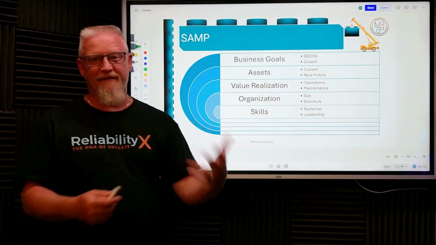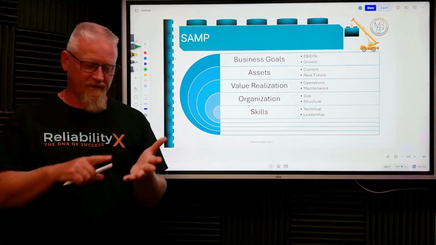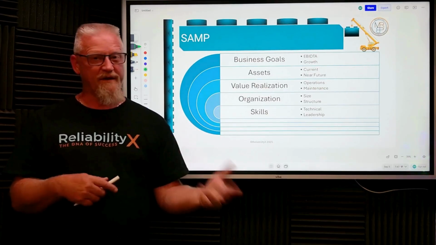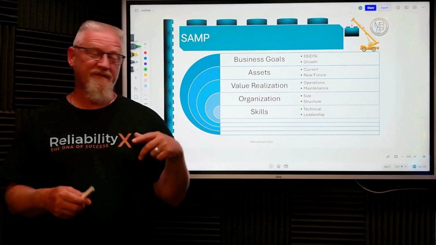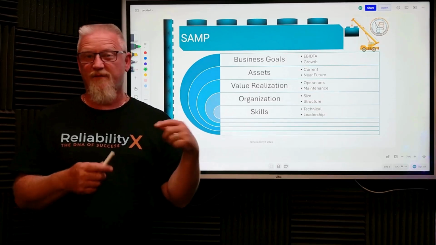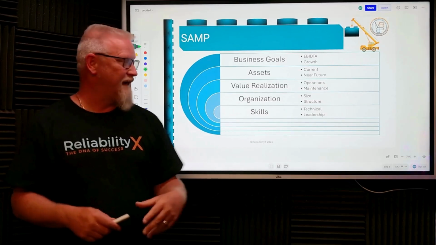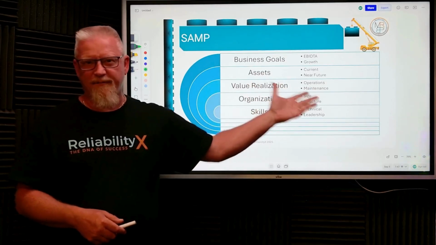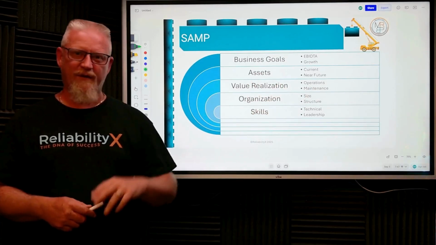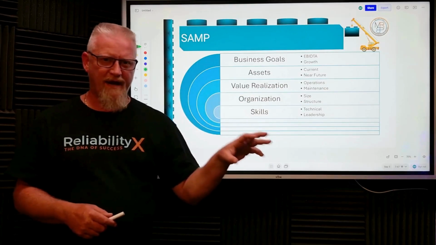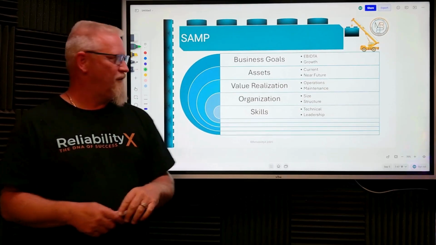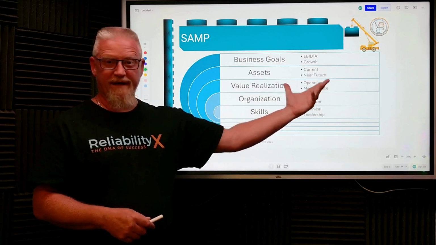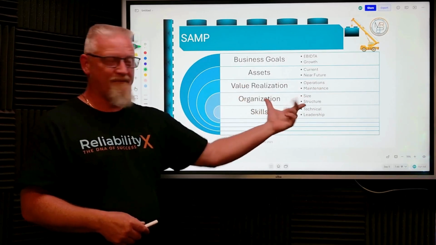Those assets have a value proposition. What is their inherent value to the business? Oftentimes we call this the criticality analysis, but in terms of criticality, it's part of the severity piece of that calculation. In order to realize that value, we have to operate and maintain those assets. So we have to build processes around how we operate and how we maintain those. And in order to, once we have defined what it takes to see the value, we have to build an